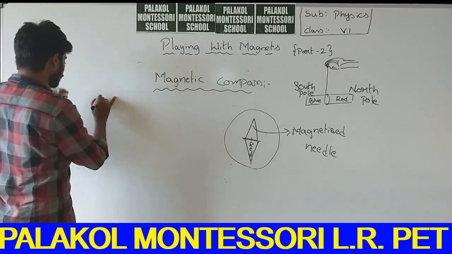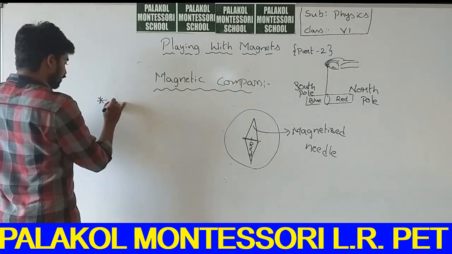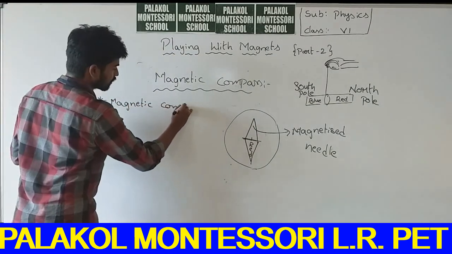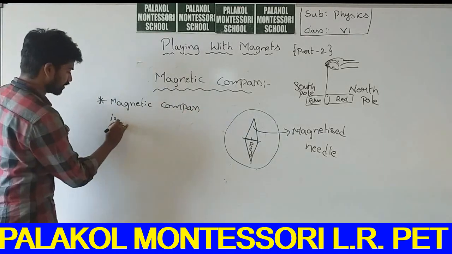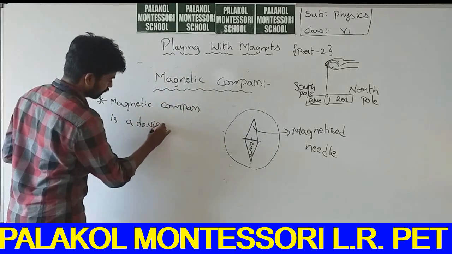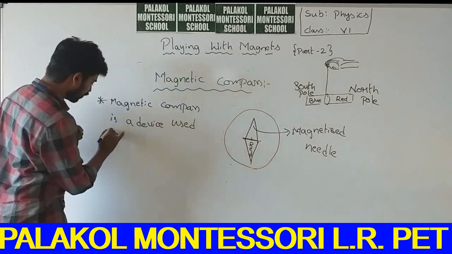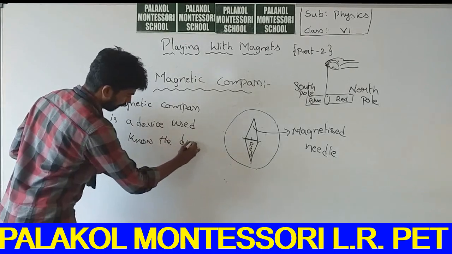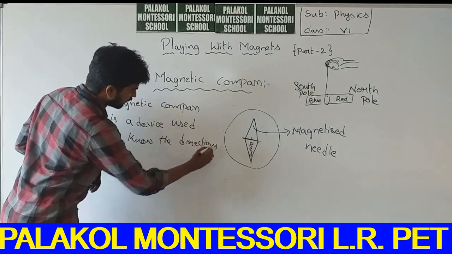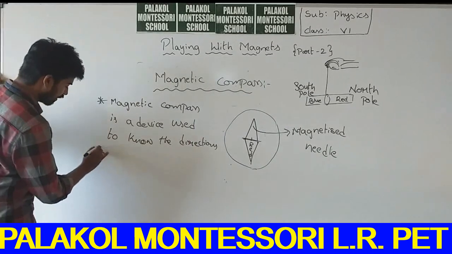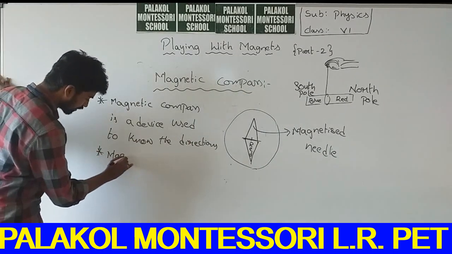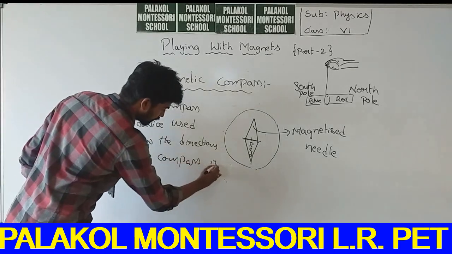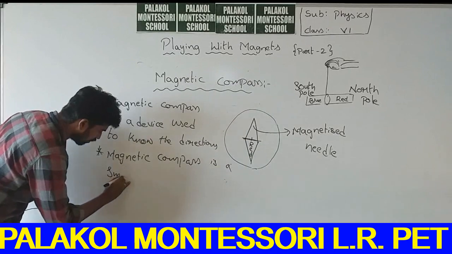So what is a magnetic compass? A magnetic compass is a device used to know the directions. How does a magnetic compass look like? A magnetic compass is a small box